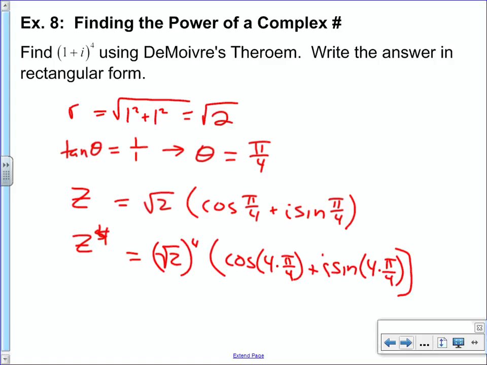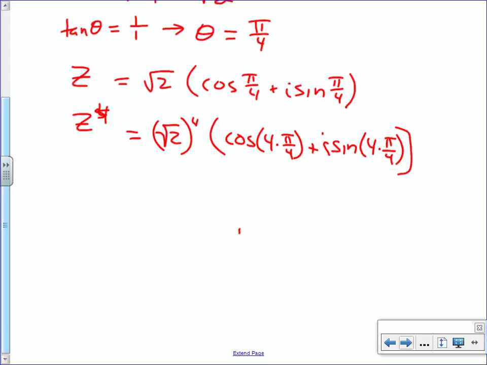I love that you guys are calculating as it goes. It's awesome. 4 times pi over 4 is just pi, right? What's cosine of pi? Negative 1 plus 0, right? So the answer is